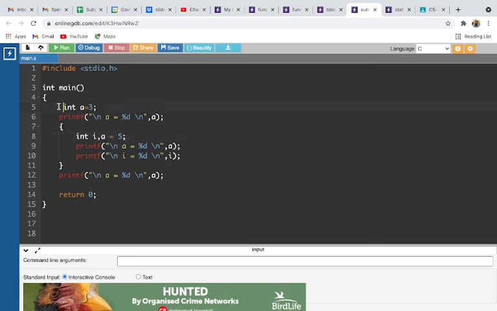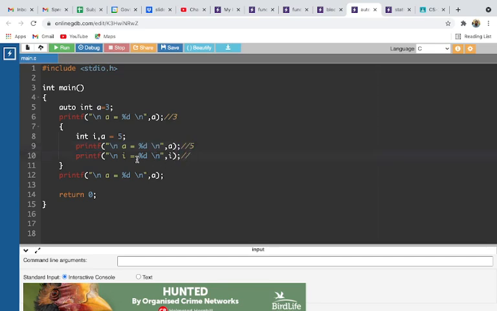So we can explicitly mention automatic if we use the keyword auto; by default it is automatic. We have already seen different variable declarations. So we can use the keyword and declare explicitly like this, or we can simply declare without it. Now we have used a equal to 3 and we are printing a, so it will be 3 here. Now we are declaring i and a inside this block and printing. Inside this block, the value of a is changed to 5, so 5 will be printed.